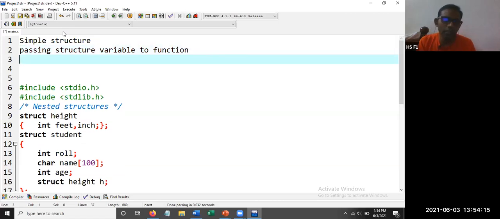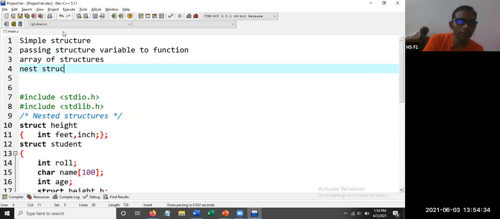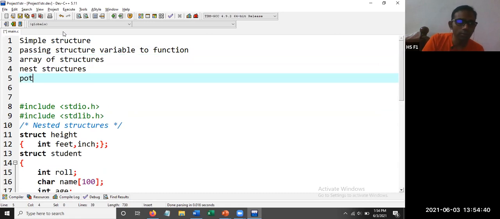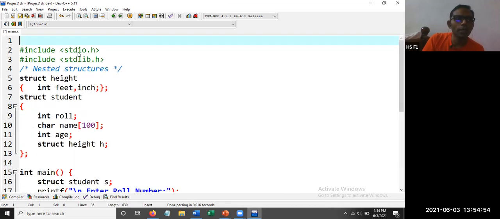All the three cases we have seen: passing structure variable as an argument, returning the structure variable. Then we have seen array of structures. Now we have seen nested structures. Then we are going to see pointer to a structure. Then we are going to do all these programs using typedef. I'll explain one, you can do the rest. So next one is pointer to a structure.